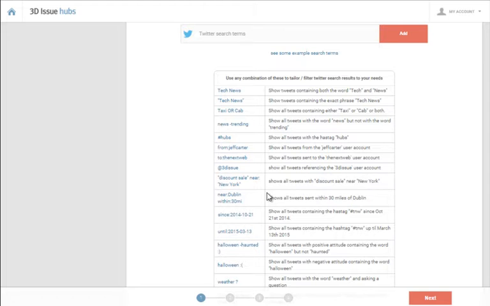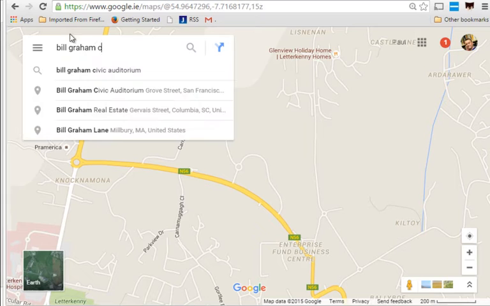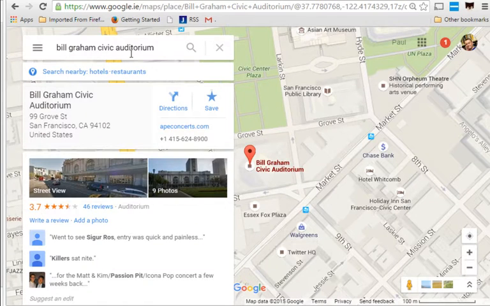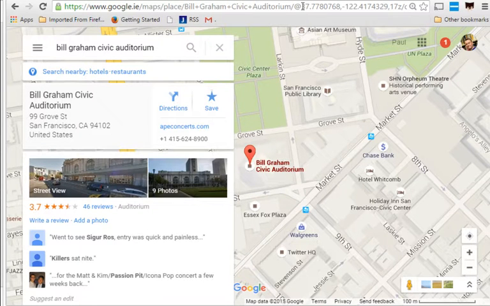So let me just launch Google Maps here. And the event yesterday was actually happening at the Bill Graham Auditorium in Grove Street, San Francisco. So if I just enter that location, here is the venue. And up here, if you look at the URL, you can see the geocode for this location, which is what we're going to use here to generate this search. So I can get hubs to pull in tweets being generated from this exact location. So I'm just going to copy that geocode, and I can take that back into my hub,